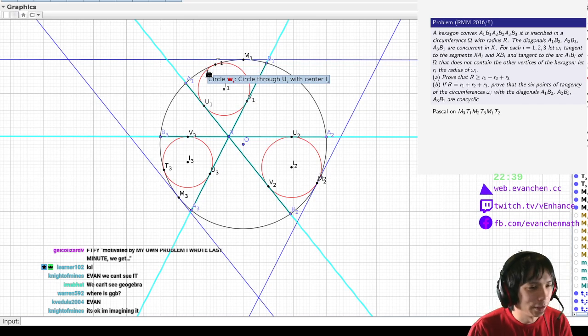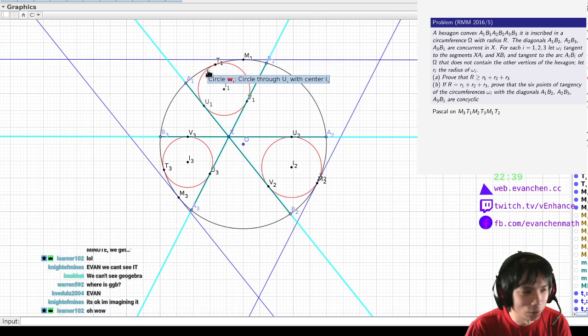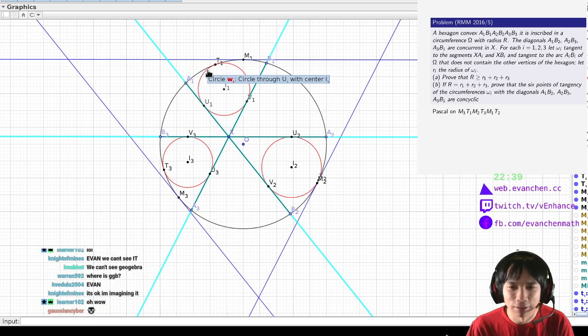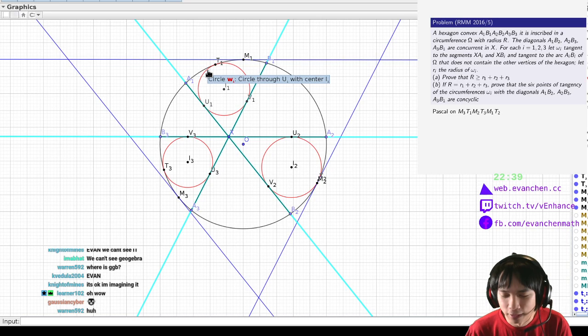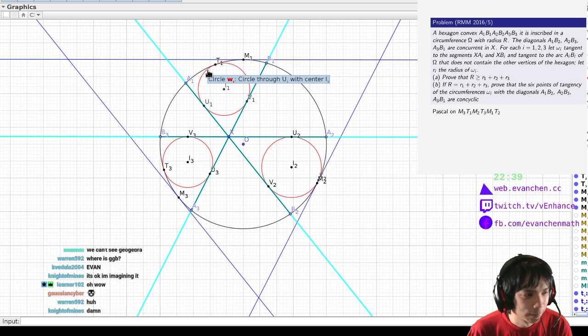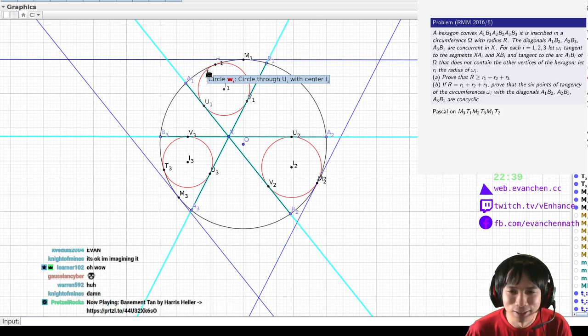Then the sum of the radii would be exactly capital R, and the red circles are smaller than that. So that proves the inequality. Inequality holds if and only if t1 equals m1, t2 equals m2, and t3 equals m3, i.e. yeah, that's extremely constrained because it tells you that